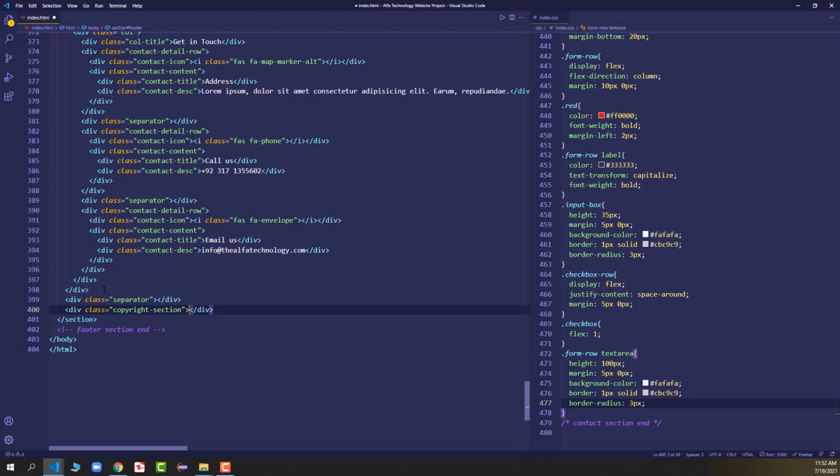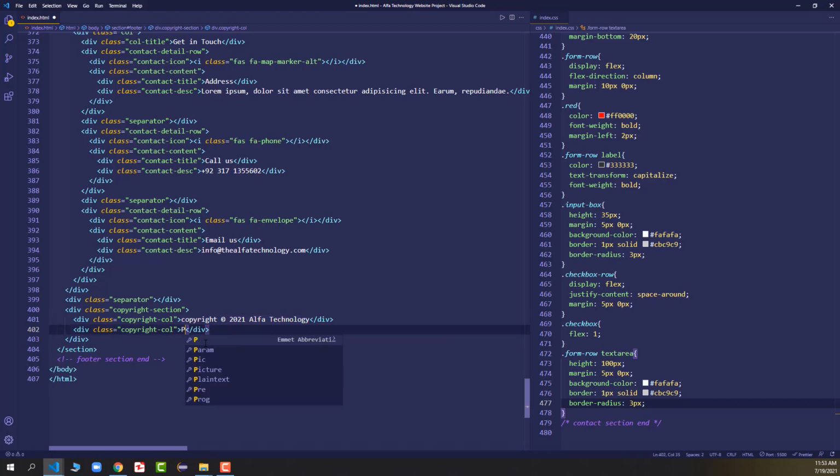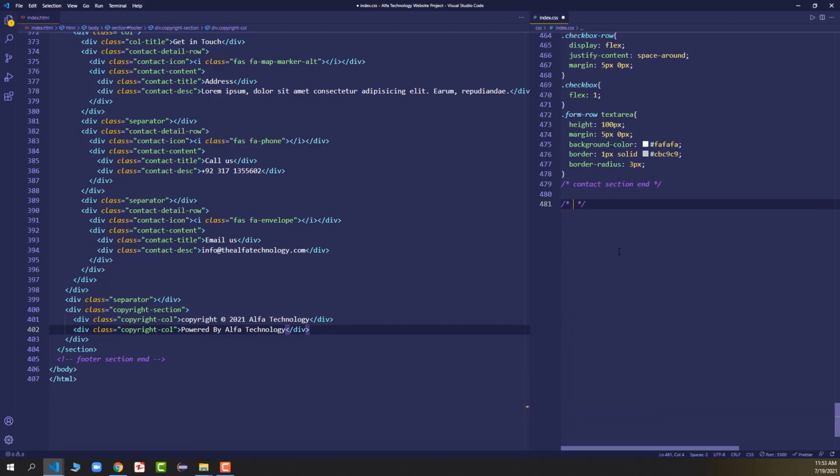Okay, and inside the copyright section I will add dot copyright col, so this will be the copyright column, and here I will say copyright, and this C symbol you can copy from Google, so you can just type copyright symbol on Google, you will get the symbol, and here I will say copyright symbol 2021 Alpha Technology. I will copy this copyright column, and here I will say powered by Alpha Technology. Okay, we are done with the HTML part of our footer section.